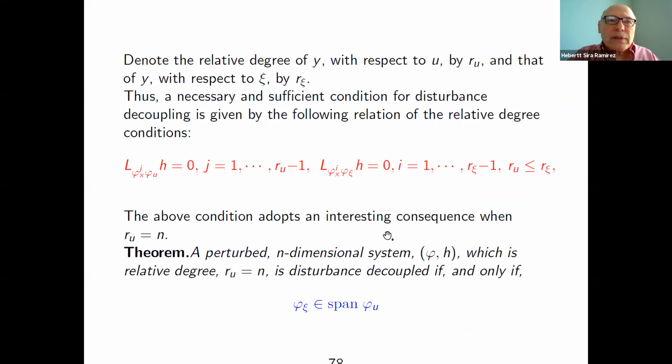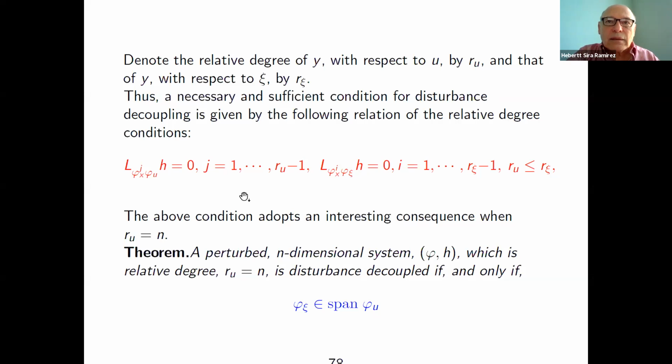So let's see what happens mathematically with the last case, which seems to be the most interesting, because the first case is of the impossible type. The second case, there is a big question mark about the stability. And the third case, which is the frontier between the two previous cases, corresponds to the same relative degree.